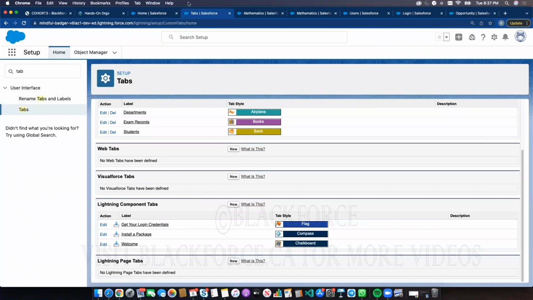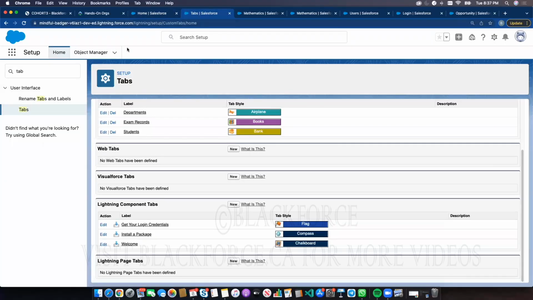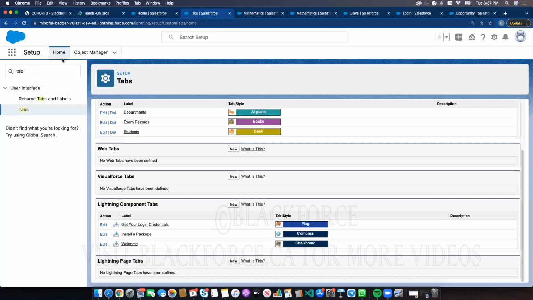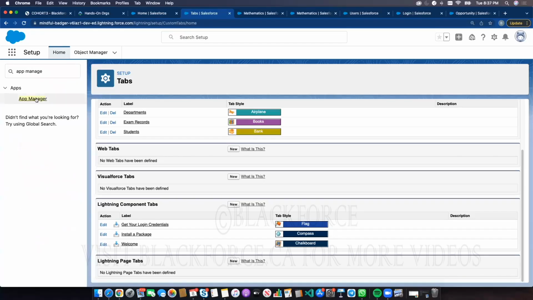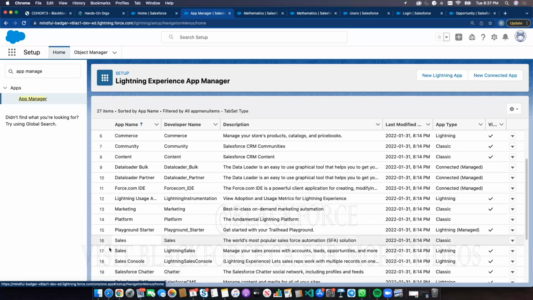But I need to now go into the sales app, which I haven't taught you yet. But if you want to find out what tabs are available per profile for an app, you go into the app manager. The app manager will tell you what tabs or what objects can be visible on the app. I don't want to jump into this right now because we haven't completed the visibility, but because we need to test this, I have to do it, okay? So I will go into the sales app and I will edit the sales app for Lightning, okay? This is a sales app. I will edit this app